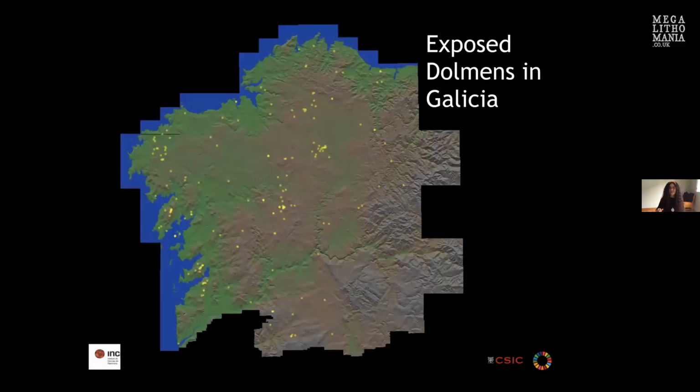So here's a lovely topographical map of Galicia itself. And now we've got yellow dots. And these yellow dots are those mounds that we do know have dolmens. Often you'll find that